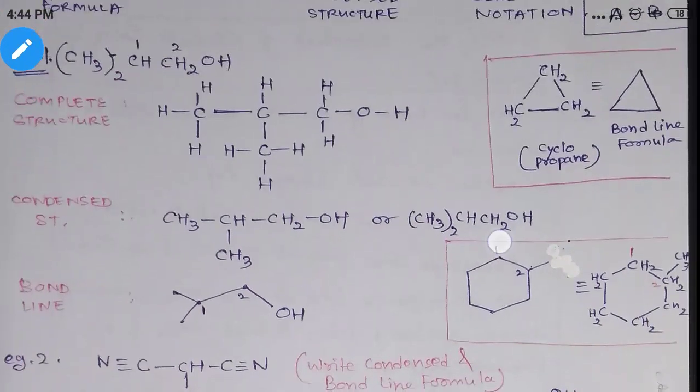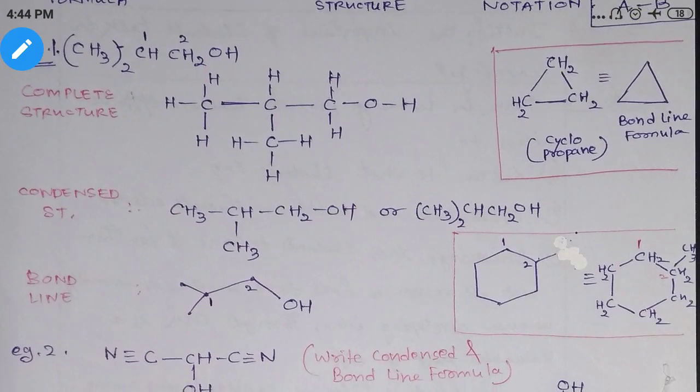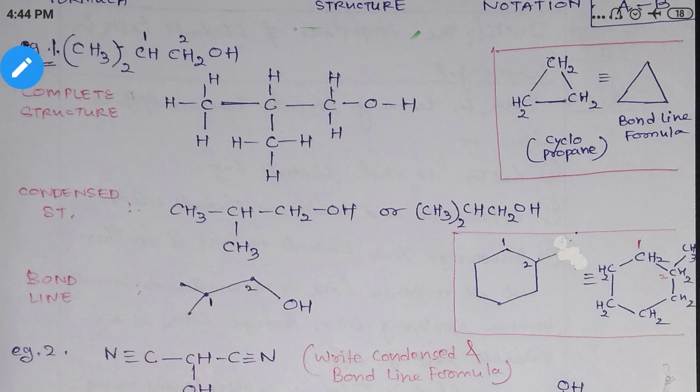Now here two compounds I have written. So these types of compounds where you will see some ring type of compound, you have to understand that these are different types of compounds. Here you can see the ring. Whenever you see any ring type of compound, the name is written like this, cyclo. We will come to the name afterwards. If I say I have given this compound and you write the bond line formula of this compound, how do we write?